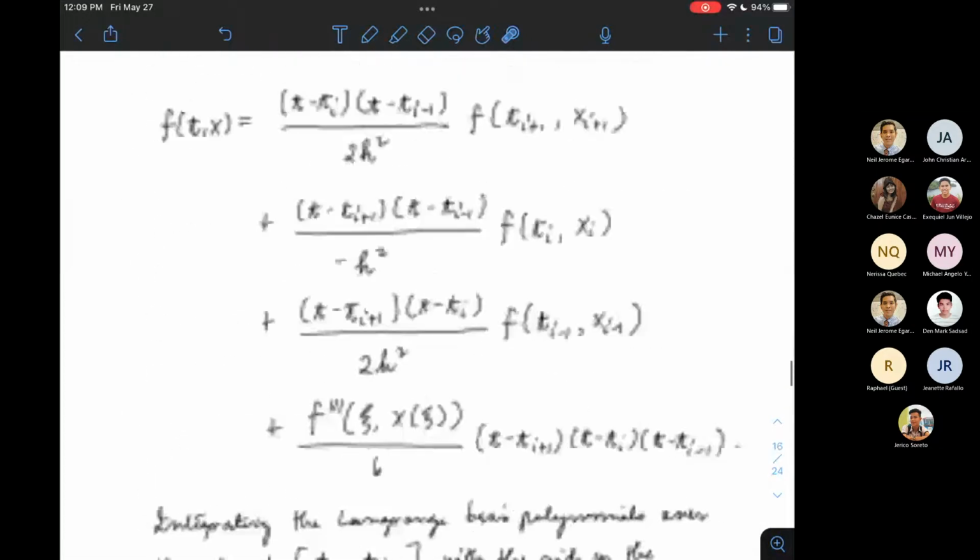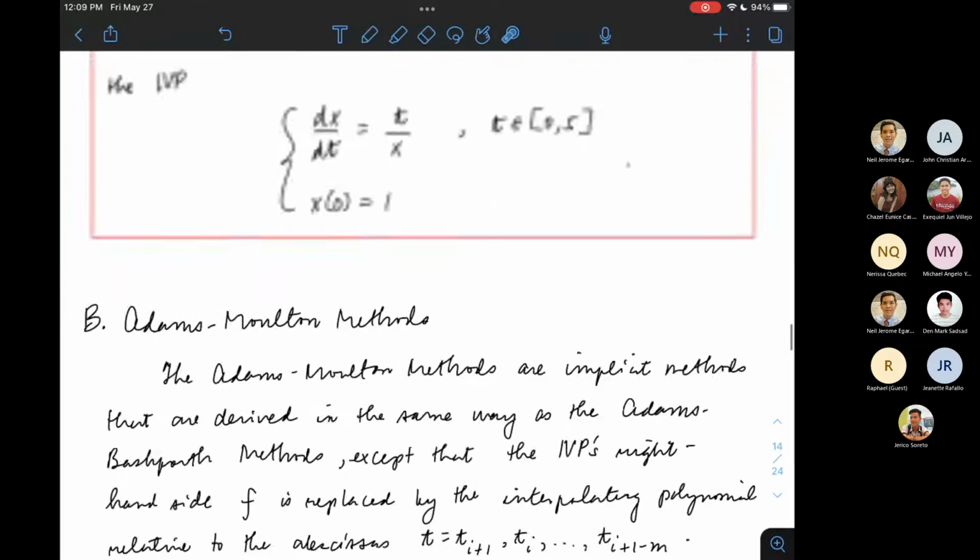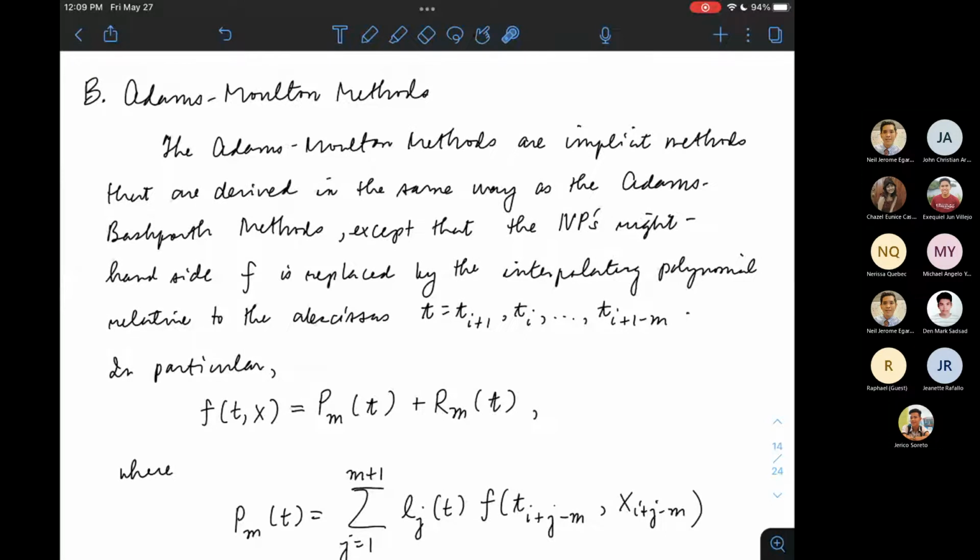So sa module number 12, isa na lang yung topic and this would be the Adams-Moulton Methods, okay? And this would be quick because the Adams-Moulton Methods are very similar to the Adams-Bashforth methods, okay? Ang pinagkaiba lang nila, posibleng maging implicit yung Adams-Moulton Methods, ano? So,